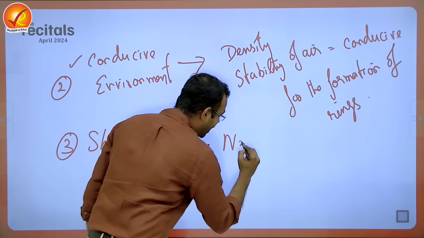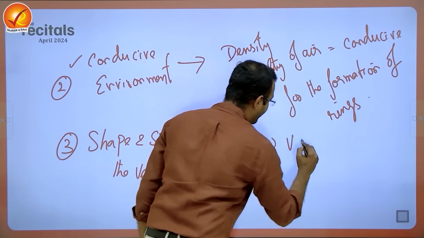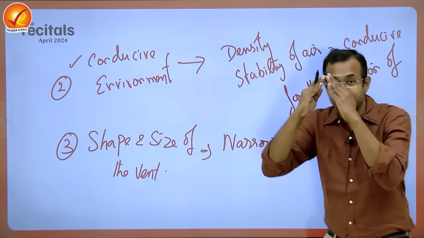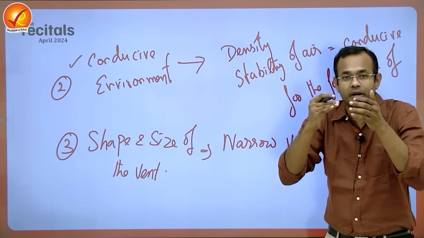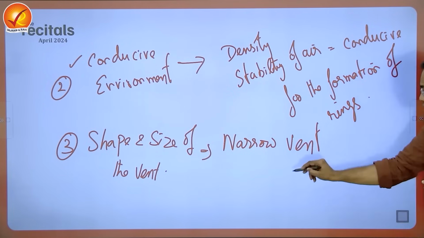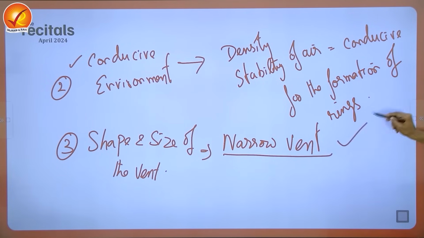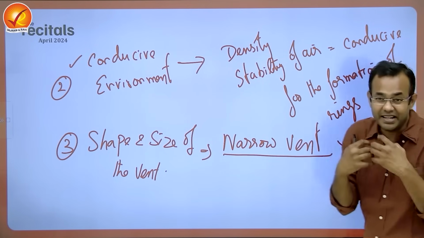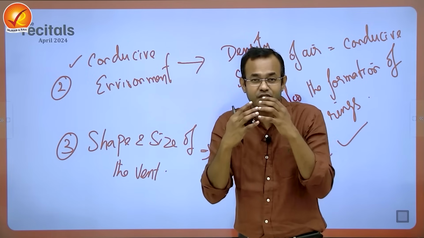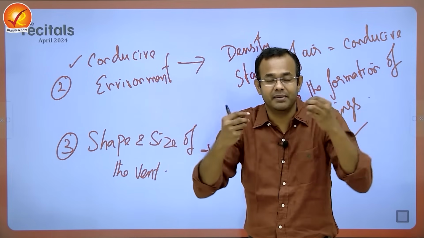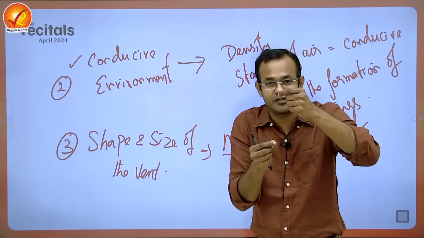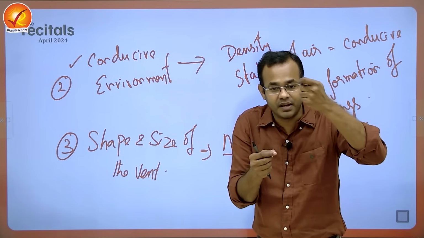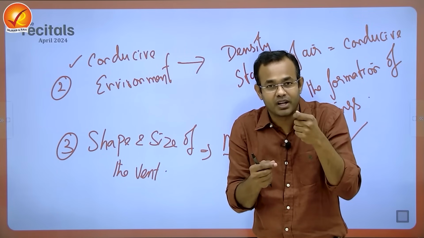If the vent is narrow, vent as in the opening. We saw the volcanic feature. At the top of the volcanic feature, a vent will be there. Vent is nothing but an opening. If it is a very narrow vent, then a concentrated release of materials can come. If it is a wider vent, a wider opening, the materials cannot be so concentrated. It is very simple. If I have a tap which has a very small hole, the pressure of the liquid which is going to come out, say water, will be high pressure.